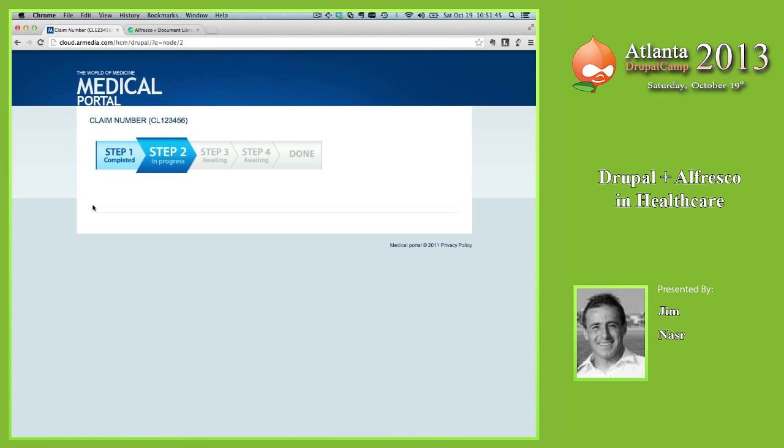Just like at Domino's, when you order that pizza and you're able to see, Sally's putting the toppings on my pizza, Ben is about to deliver it. That's really informative and comforting as a user to know that at least it's not being ignored. So Joe logs into the site and is able to see this process. And once it's completed, Joe will be able to download the documents that Frank has prepared. And not only has he prepared them, but has gotten approval from his manager.